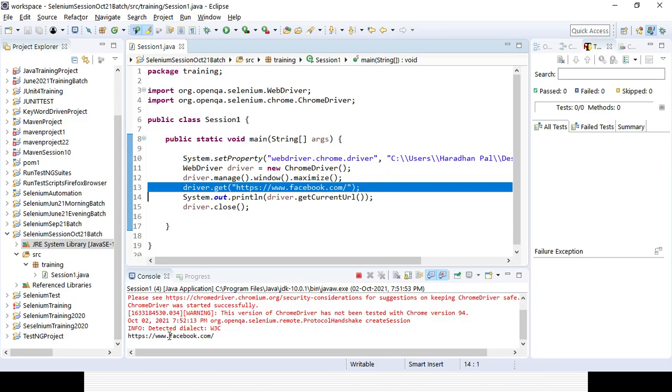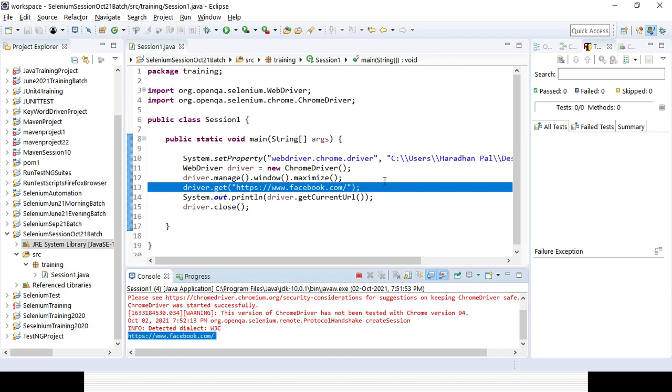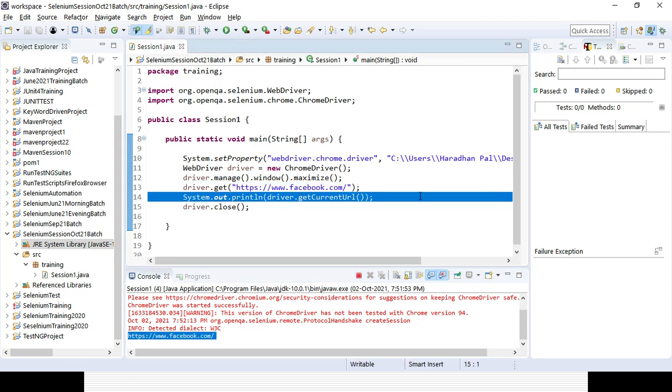Okay, it is trying to launch the page fully. Only once the page is fully loaded will it quit the browser. So it might take some time. It is quitting the browser. You can get the output of the current URL in the console, because I have used the current URL method. Okay, so that's why we can delete.